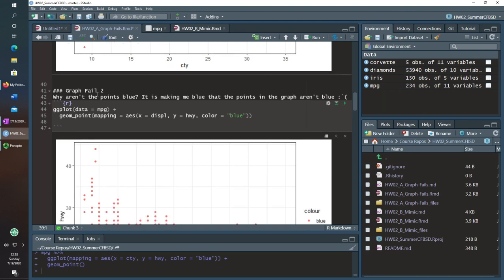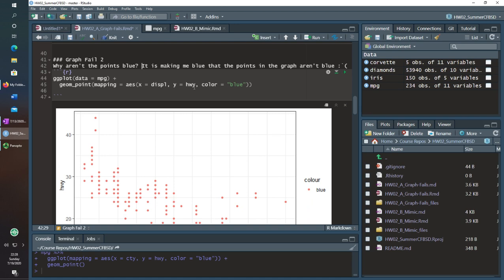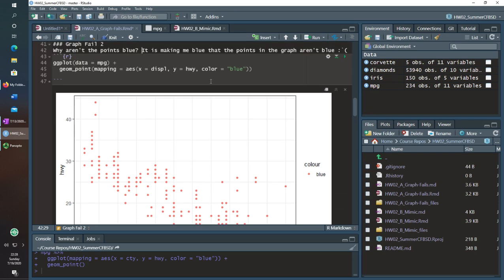So, kind of building off of that, why were the points blue? A lot of people identified this. Just to make it clear, the reason is because it's set within aes, right? And aes is static, so you can assign it to be a value that is usually in the data itself, or you can assign it to be one thing, in this case blue. Since it takes one value, it prints off the first color. If you ever notice when ggplot has multiple colors, it will usually do red as the first one and then blue as the second one.